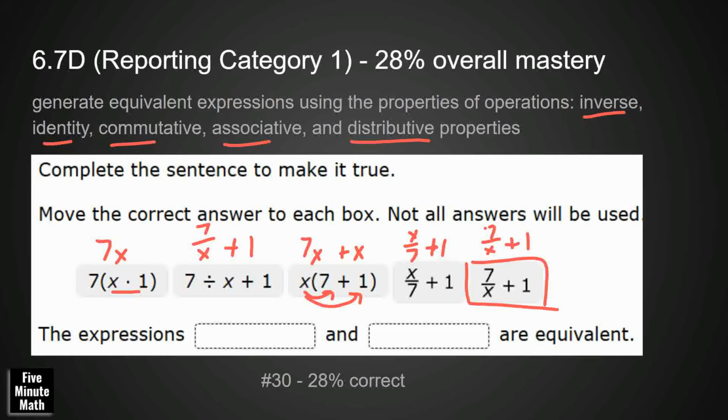And what we did is we matched this one right here. So it's 7 divided by x plus 1, and then 7 over x, which is really the same as 7 divided by x. And that's something we focus on in 6th grade. You can do those in either box. If you were to flip those, you would also get that correct, but only 28% of our students were able